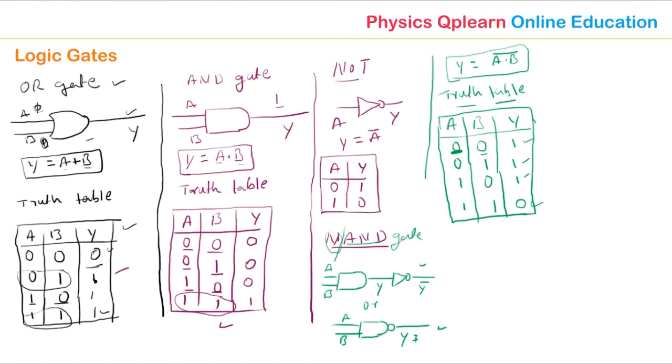Okay, here one last gate is left, that is the NOR gate. So again here are also two things. The NOR gate is the combination of NOT gate and OR gate. That is called the NOR gate. The NOR gate is also a logic circuit which has two or more inputs, but it has only one output. So what is the logic circuit?